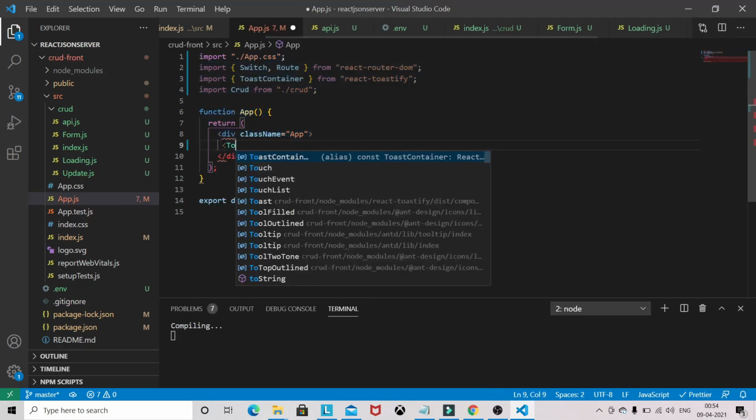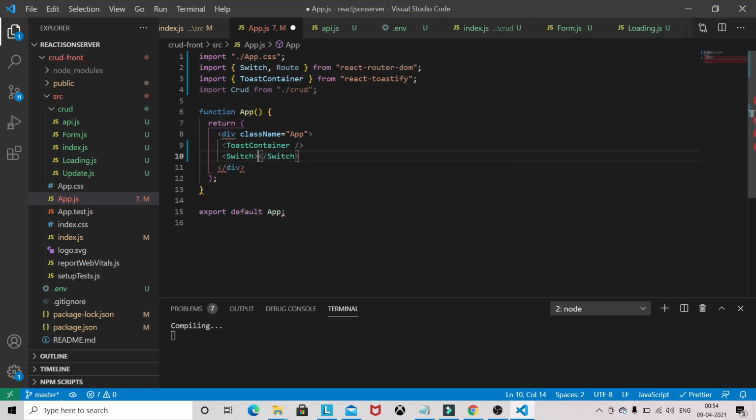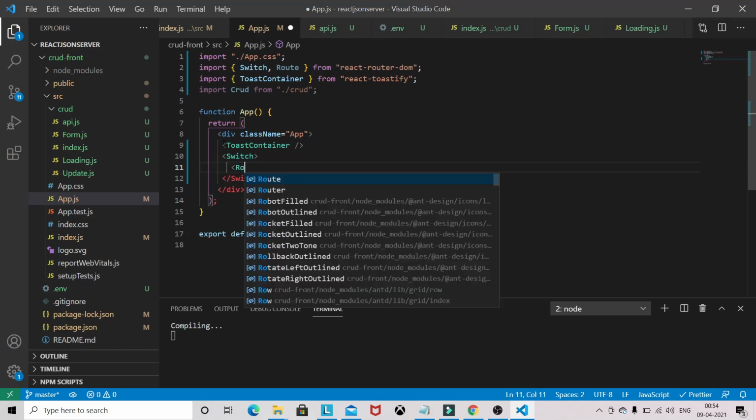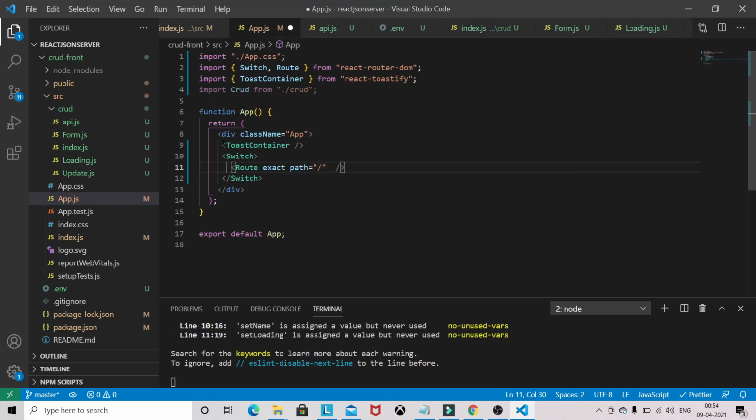First we have to specify the ToastContainer so that we will get notifications upon creating, deleting and updating. Then we will register this route: exact path, and the component will be CRUD.